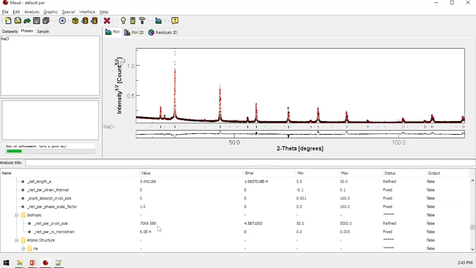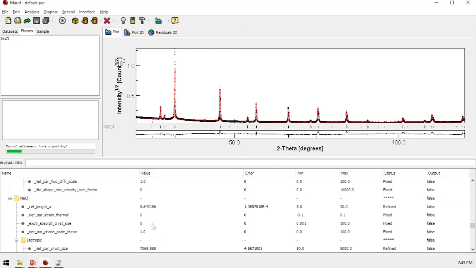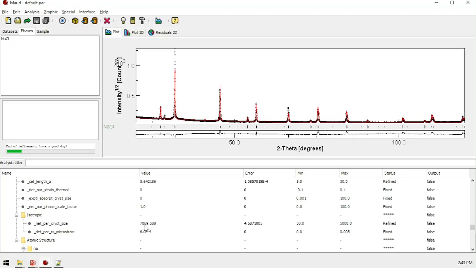And then we can also see the crystallite size, which is around 7,000 angstrom. Actually this is a rough value, and it's always a good idea to start all over again, and then in